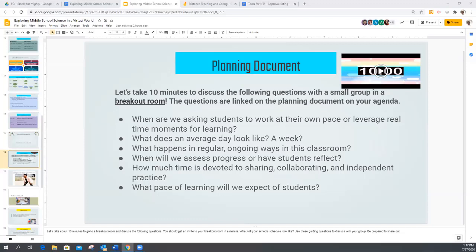I don't know if they even really know each other, because we're asking them to collaborate with each other over a digital platform when they haven't experienced that yet. I think a lot of us were coming here today to figure out, okay, what is the average day supposed to look like? What are we supposed to be doing in these classrooms? Because science is one of those hard subjects where if the kids can't do it hands-on like they're supposed to, they're missing a lot of the real engagement and learning that's supposed to come with it.